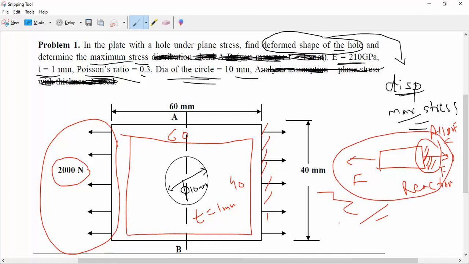So it means we are giving loading only at one side and the other side we are just fixing it. If we fix also, generally we will get the same reaction only. Either we can give one side fixed and one side force, or else both the sides we can give the force. So no problem.